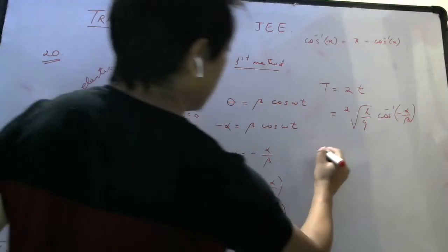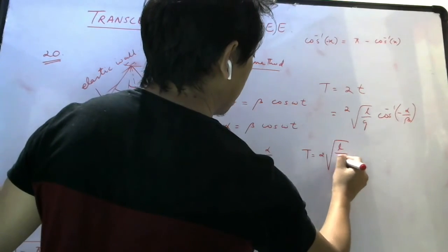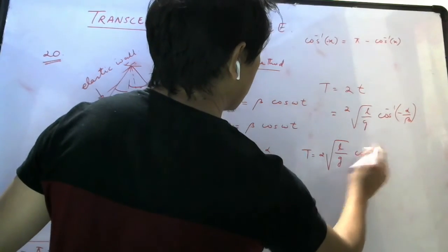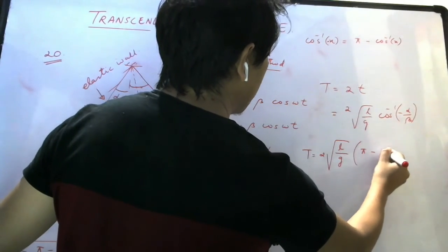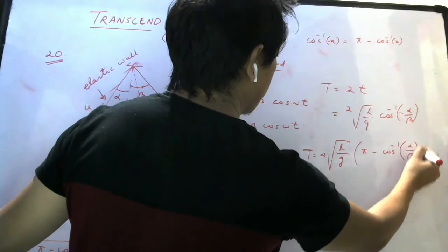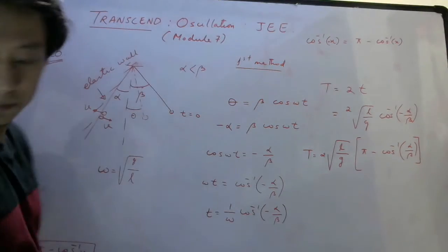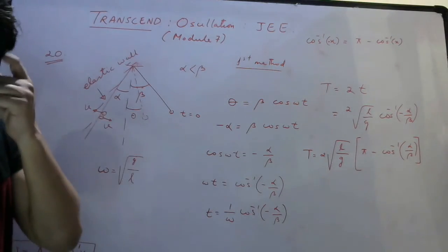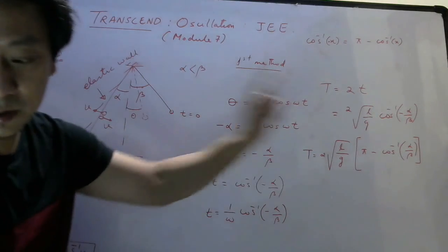If you use this identity here, then you will get the time period to be 2 times root over L by g into pi minus cos inverse of alpha by beta. That would be the time period, which matches with option D. If you check, the first term is 2 pi root over L by g